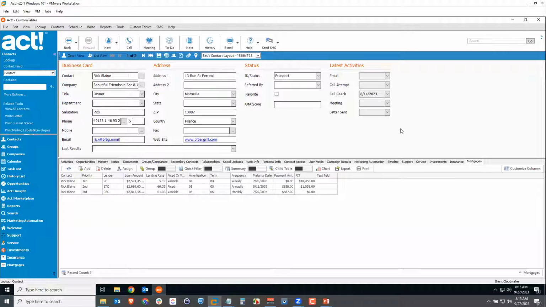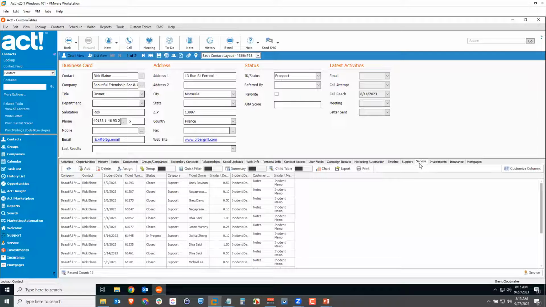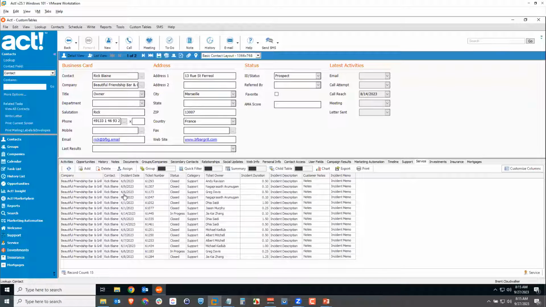So he's called me up, and I'm going to click on this service tab to see what tickets he has here in our custom tables area. So we've created a support table, and in that support table we have different tickets that customers can call in, and then we can create tickets for them. Now I put a ton of records in here. This may not be realistic. There may not be this many customer tickets,